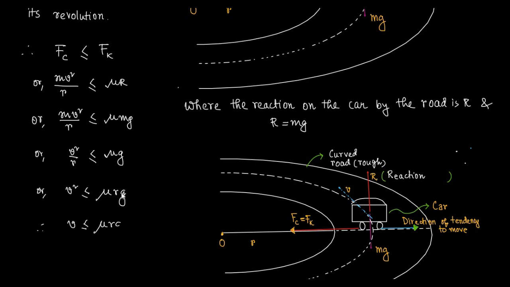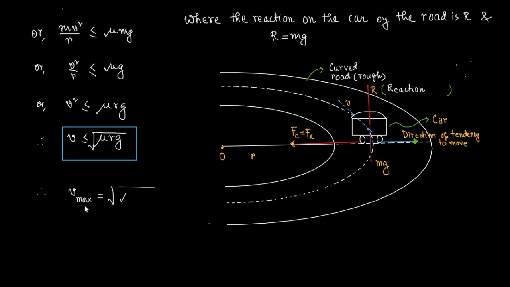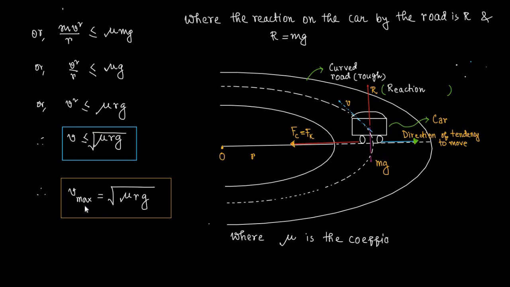So mv square by r is less than or equal to mu into mg. We get v square by r less than or equal to mu g. Then finally v is less than or equal to root over mu rg. That means the maximum value of velocity, v max, will be root over mu rg, where